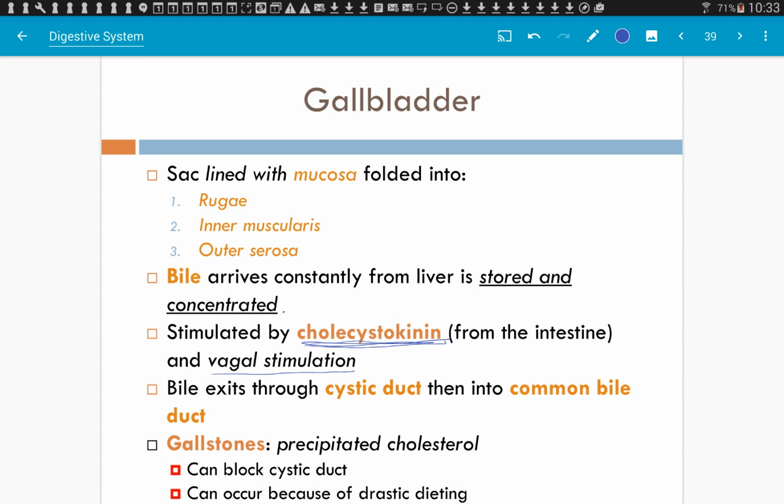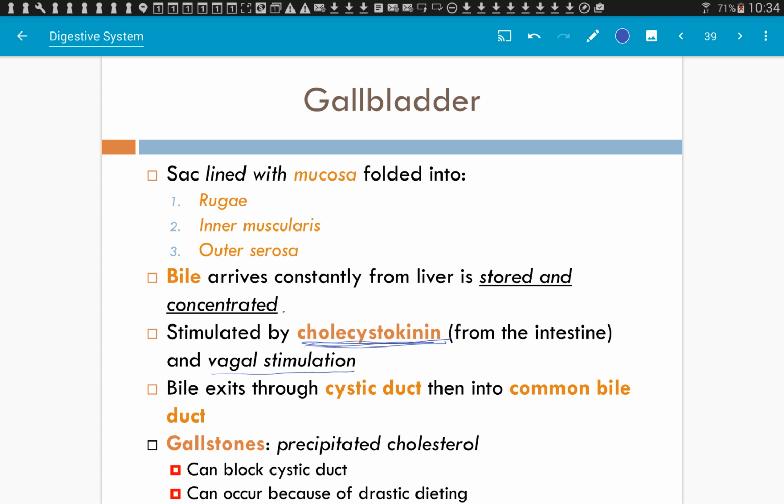Gallstones. You've heard of gallstones. I just found out several months ago that my mother-in-law had a gallstone. Usually they're not that big, but hers was like this big. I was like, how did you not notice there was something majorly wrong? Did they have to make an incision to get that out? She had surgery. It could not be laparoscopic. It was a very big, oh my goodness, stone.